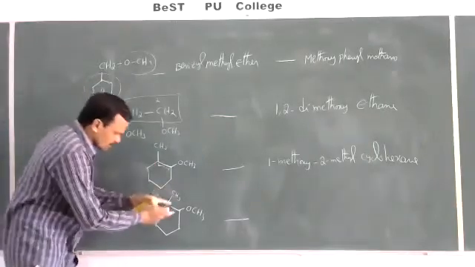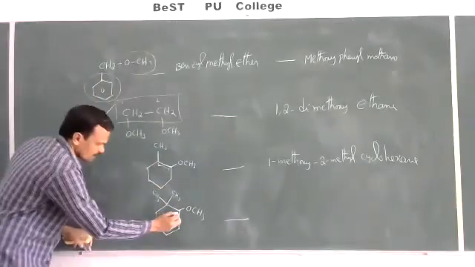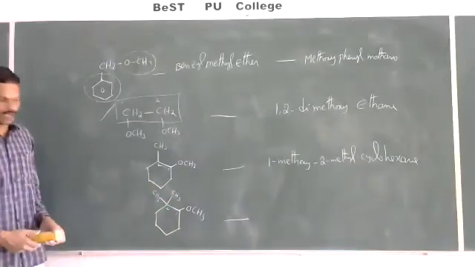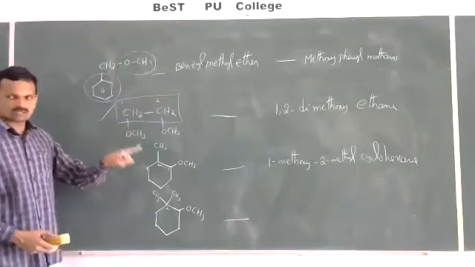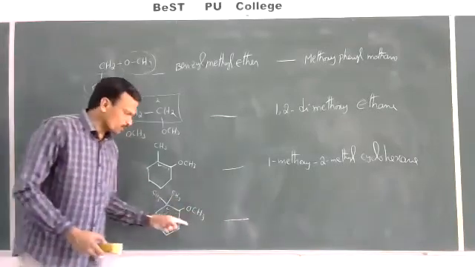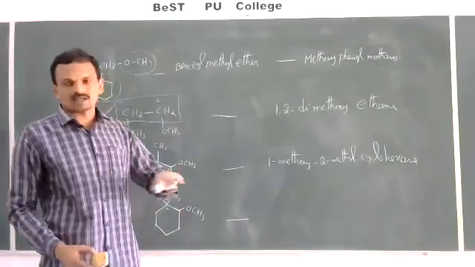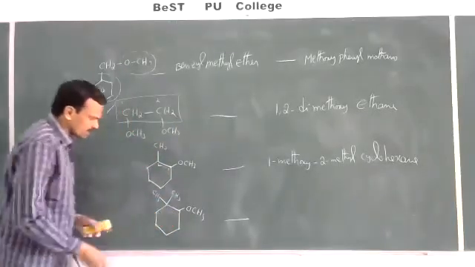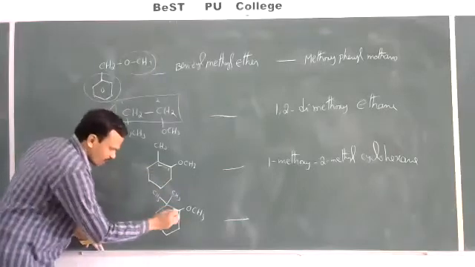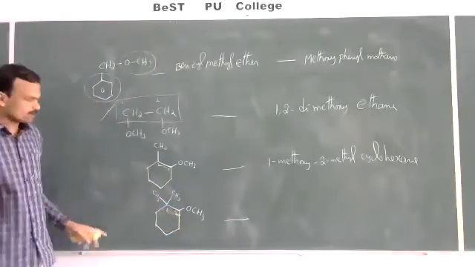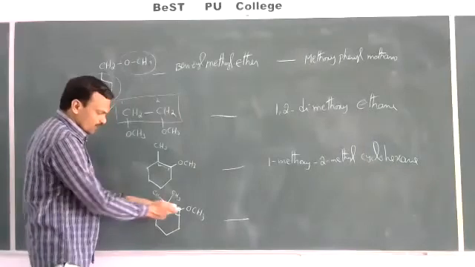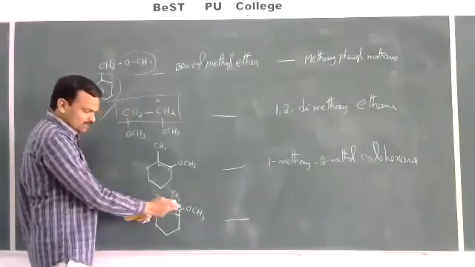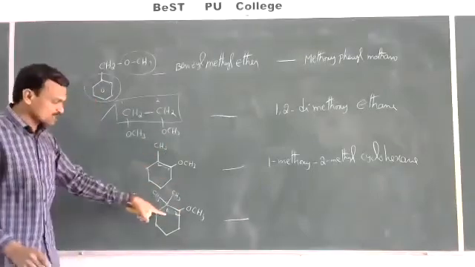Now just give the numbering here. If you give 1 here, 2 here, like this, this is wrong. Why? Because here we should follow the lowest sum rule. Just now I told you, the alkoxy group is always represented as a prefix, not as a suffix. So we should follow the lowest sum rule. So here numbering is not given like this, 1 and 2. This should be 1 and this should be 2. Because if you give 1 and 2 here, 1 plus 2 plus 2, 5 you will get. If you give 1 and 2 here, 1 plus 1 plus 2, 4 you will get. Lowest sum rule is satisfied here.